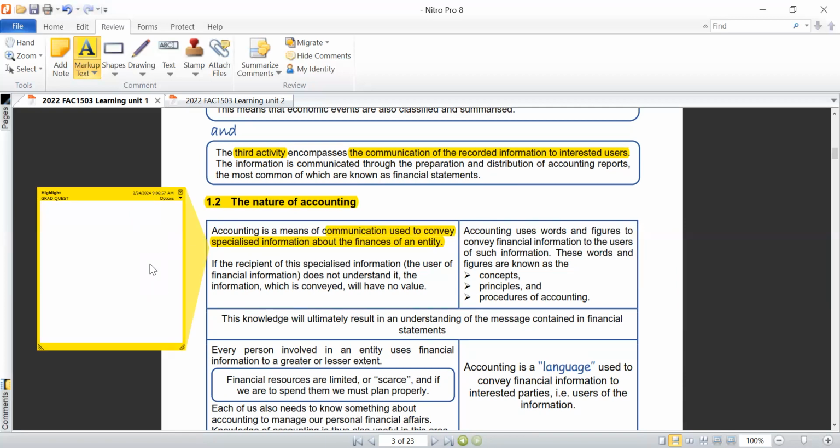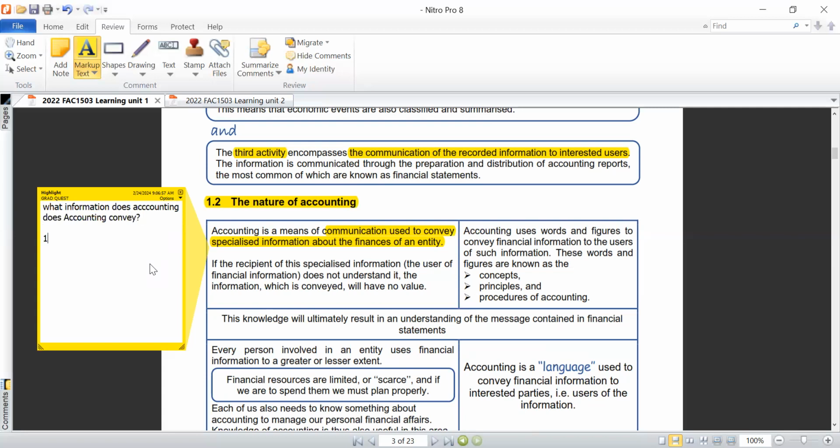So what that means is that when we are communicating or conveying information about the finances of the entity, the question would be, okay, what information is conveyed? What information does accounting convey? That's one question one should ask themselves. What information does accounting convey to the user?